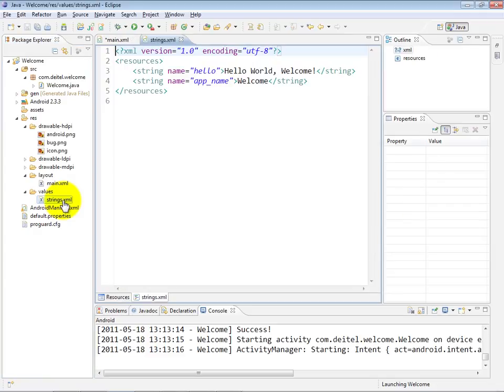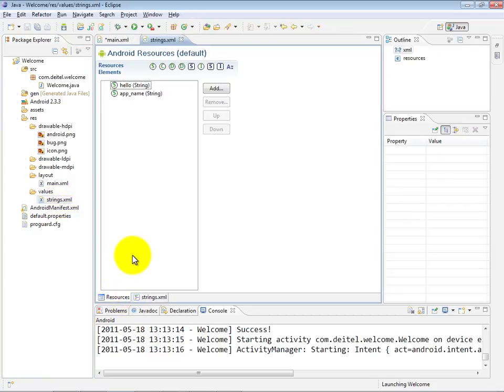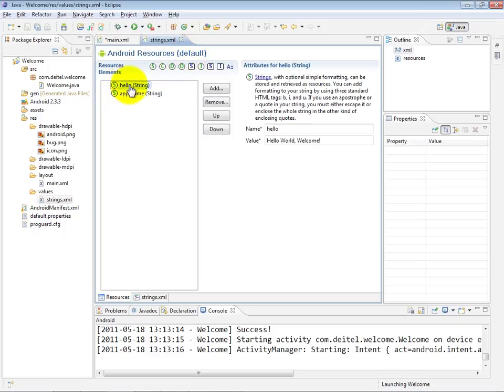And just so you can see what this strings.xml file looks like, the last time I opened it I was looking at the XML, but this is the default view that comes up, which is the Android resources editor. And here I can see that there's two string resources, one called hello with the value hello world welcome, which you've seen before. That was the original string that was displayed in the original layout that came with the app when I created it. We also have the app name string, which is just the name of the app that